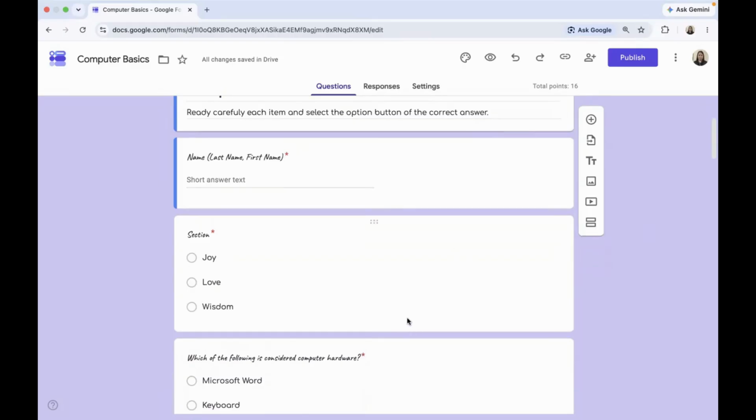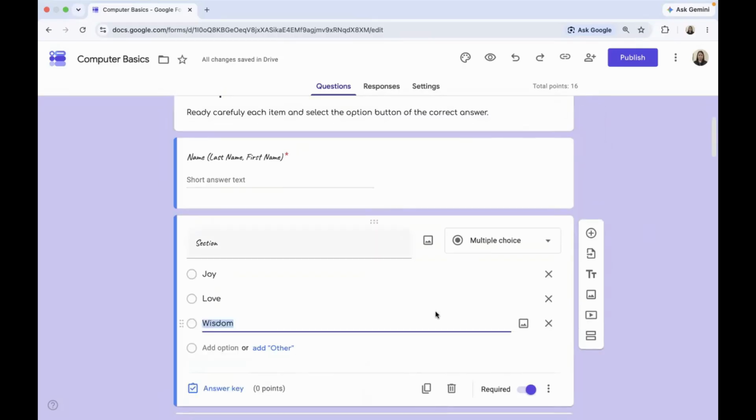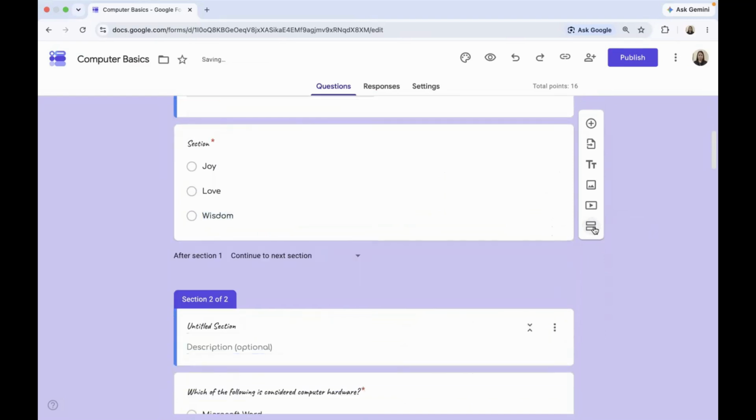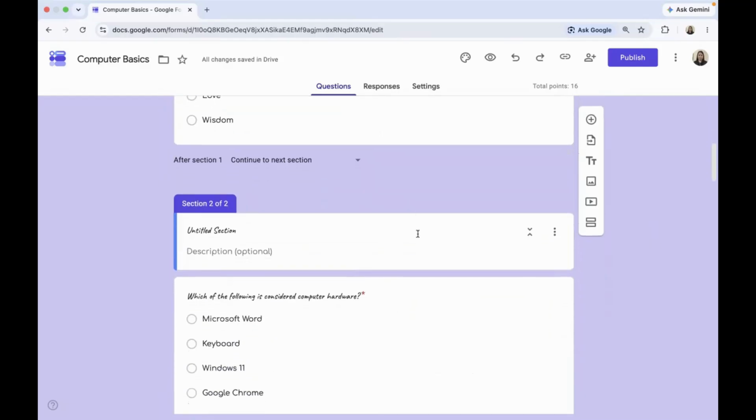So let's do it. To add a section, you have to click at the last item where you want to end the first section. Then click add section here. This portion will be separated from the next item of your form.